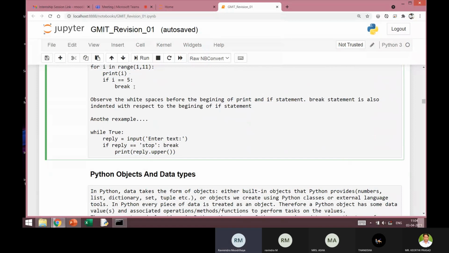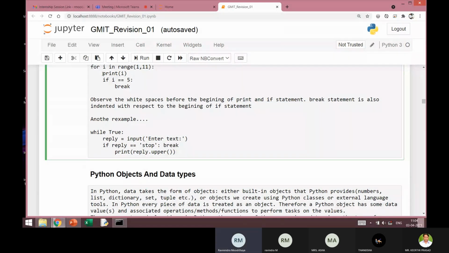Most of the editors that you are using, including IDLE of Python 3 and the other standard editors, will support you for this indentation. Once you have this colon and press enter to go to the next line, automatically the cursor will start blinking at this point.